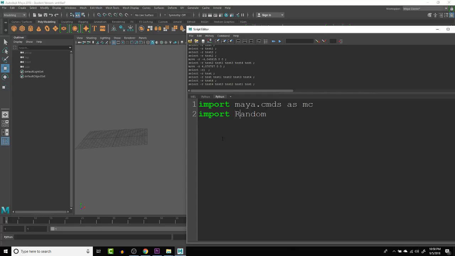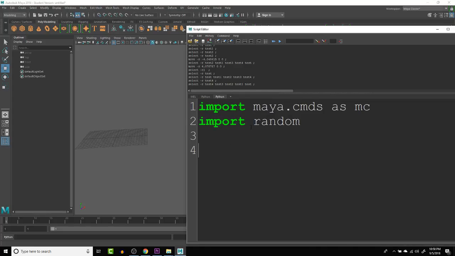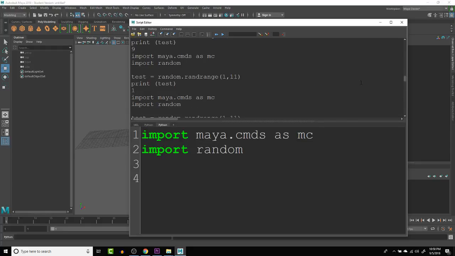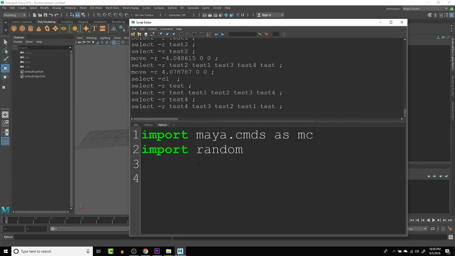It is case sensitive, so make sure that it is all lowercase. And let me make this a little bit bigger so it's easier for you guys to read. And I'm going to make the output window bigger as well. There you go. So now we can call the module like we've done in previous lessons. We have the MC and it'd be Maya commands. In this case, we're doing random. We can do an as command as well. Right now, I'm just going to keep random. So we can do something like